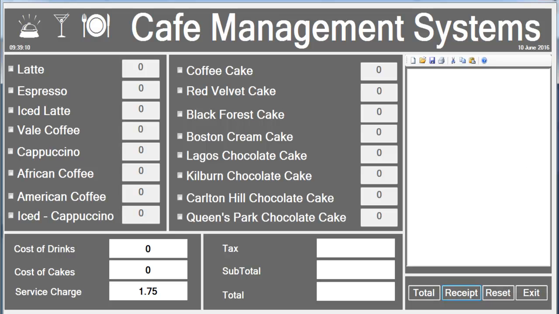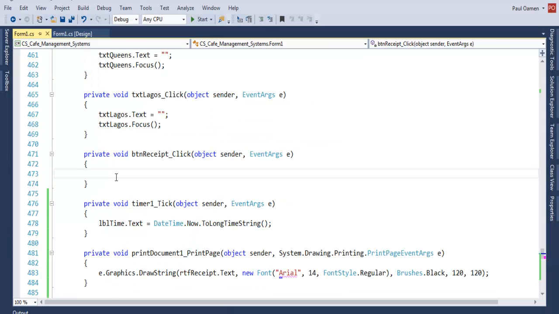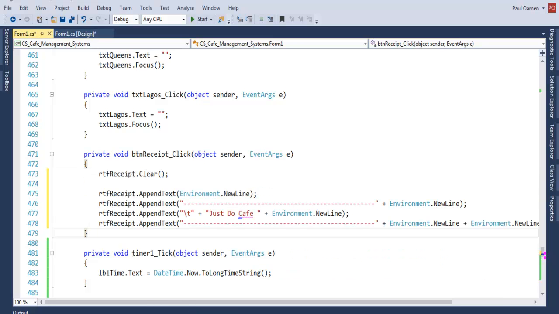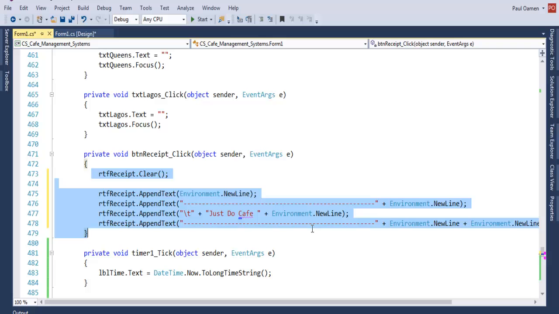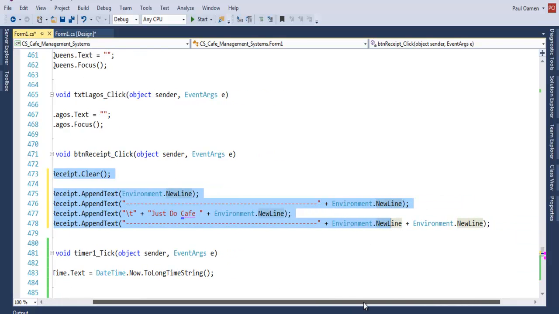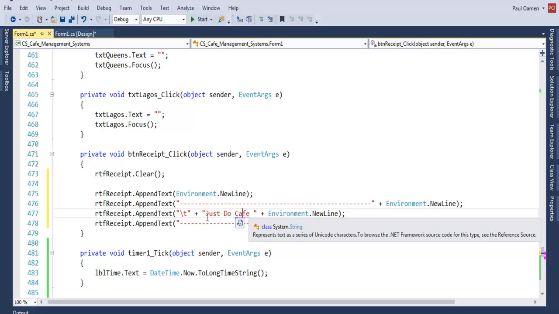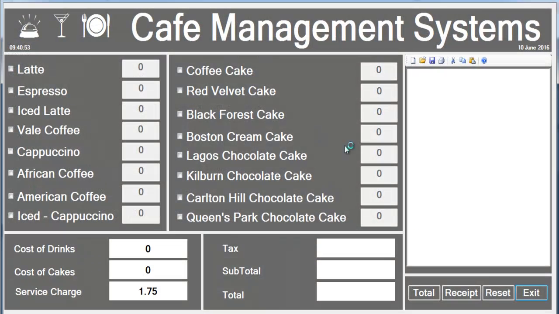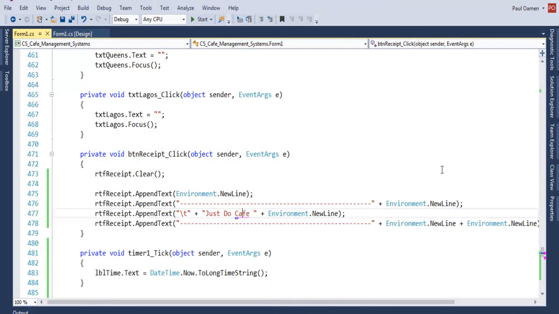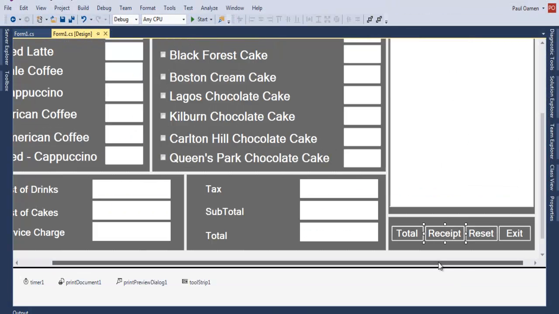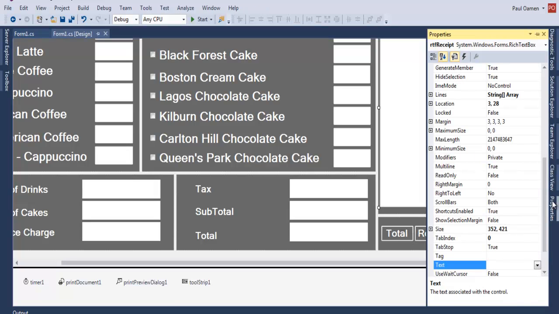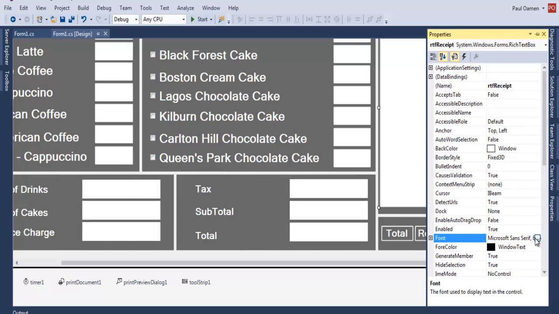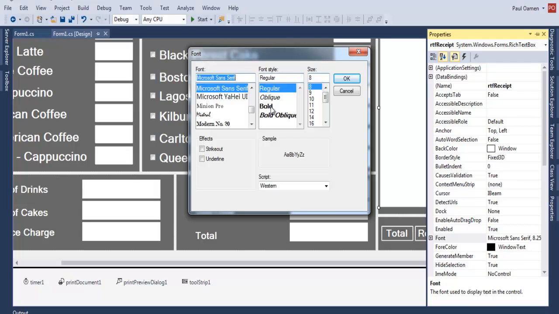So let's take care of the receipts now. For the receipts, we enter the following lines of code first. Okay, that is the name of the cafe. Just do cafe. So let's run it and see how that will look there. So I need to sort of tab it in and maybe increase the font size. Let's come in here, click on that, and font. Let's go to font and just increase that a little bit, maybe a bit bold,